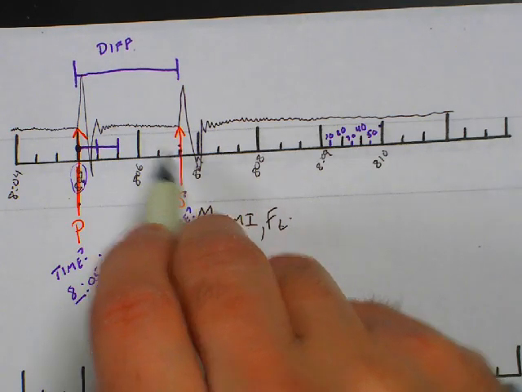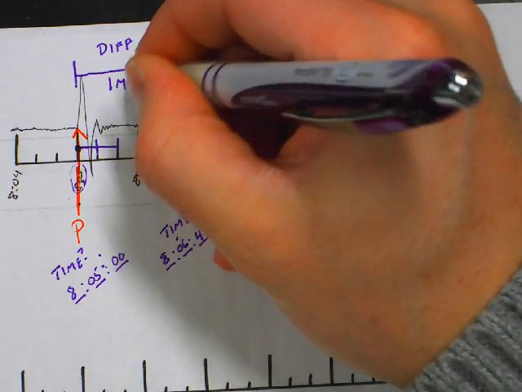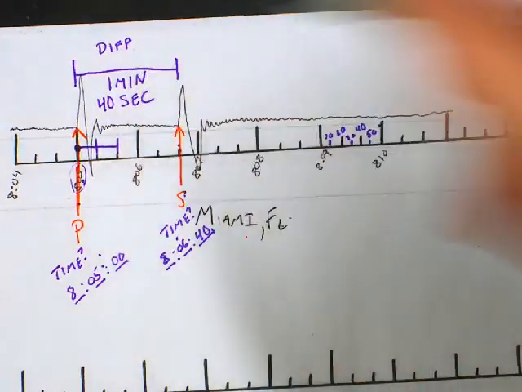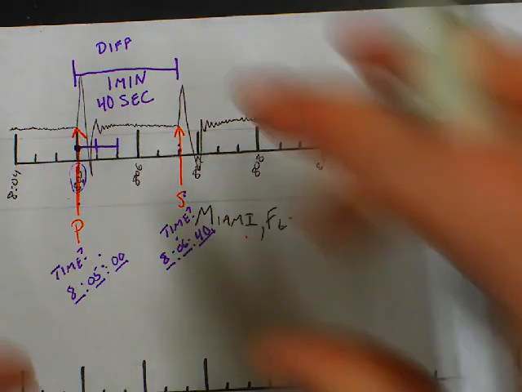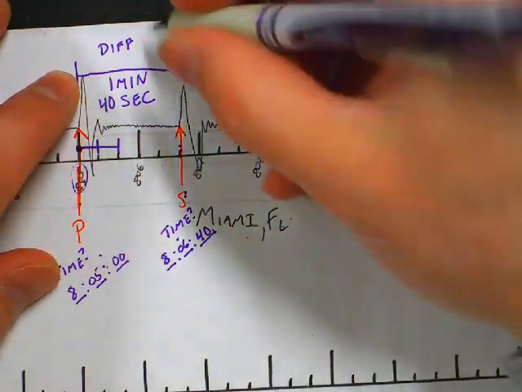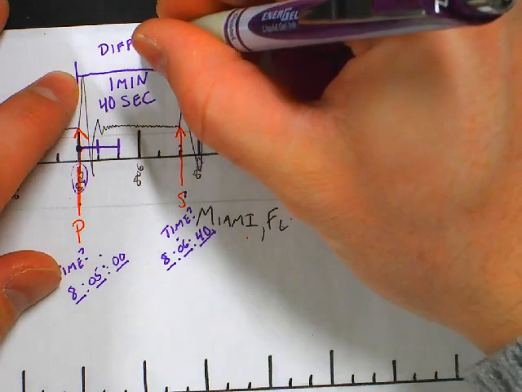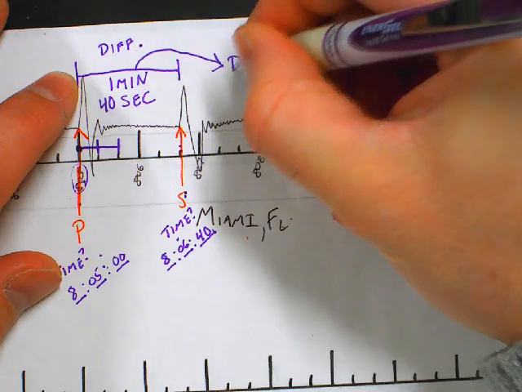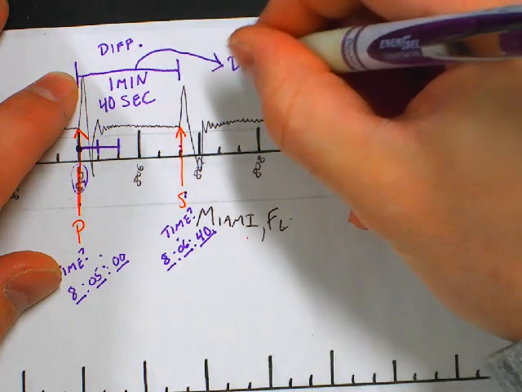What's our time difference? 1 minute and 40 seconds. So that's your time difference. In a separate video, in our series of earthquake learning, you're going to take this number and figure out our distance